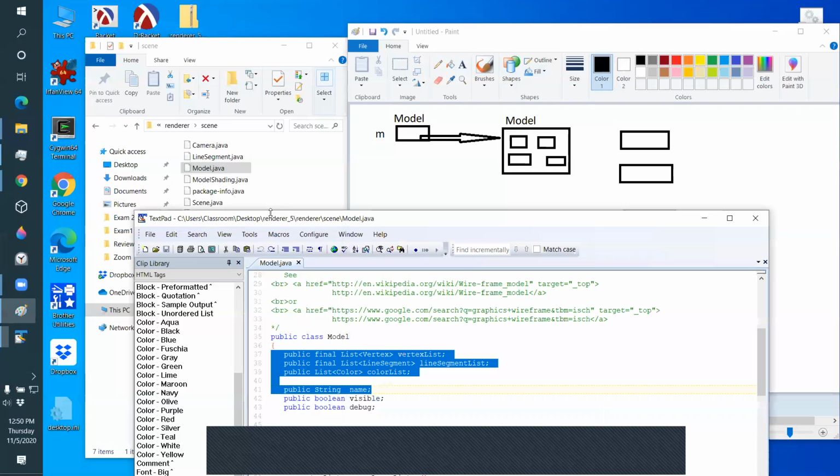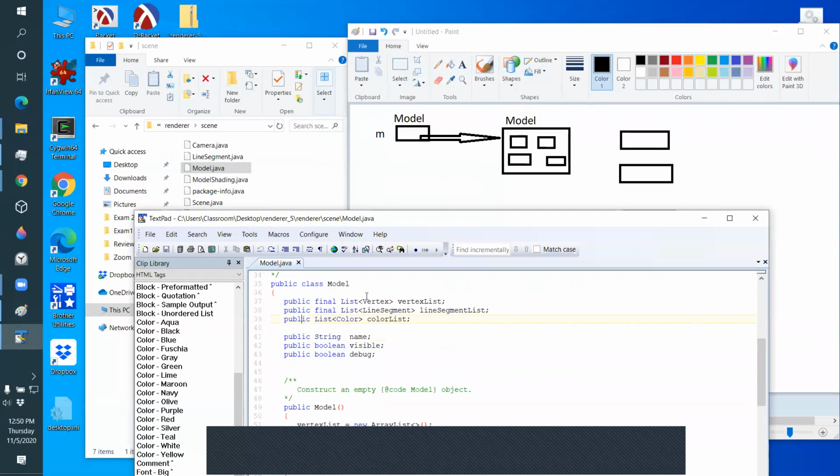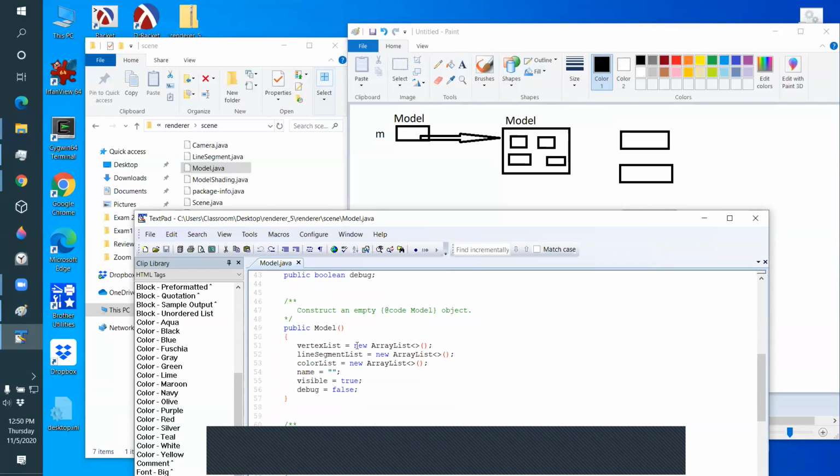I know that because I read the code. There's a reference to a list, a reference to a list, a reference to a list, and a reference to a string. And here in the constructor, you can see new List. So I'm creating an object. New List, I'm creating an object. New List, I'm creating an object, and I'm creating an empty string. So I'm instantiating 4 objects. See, 1, 2, 3 new,